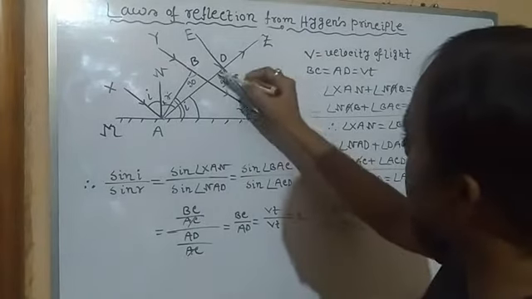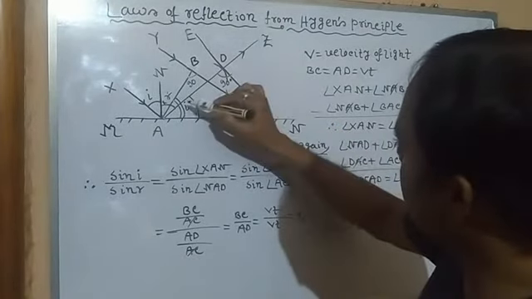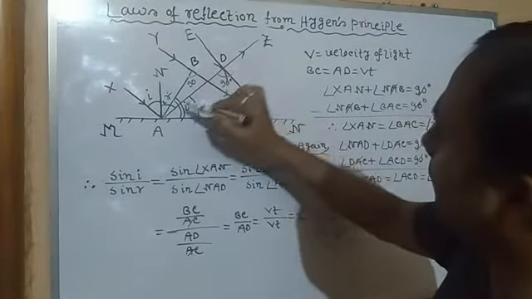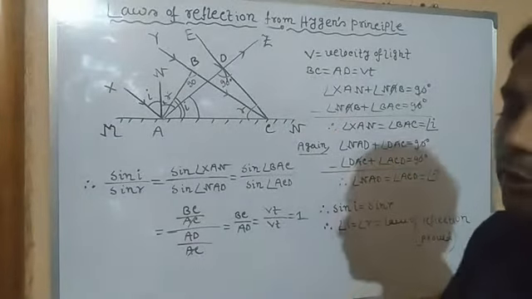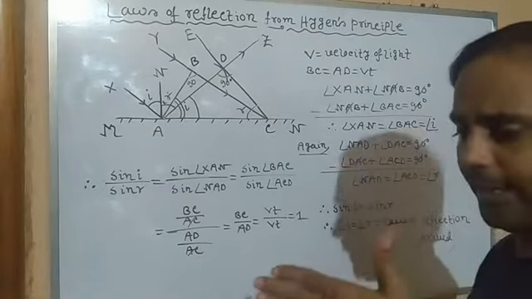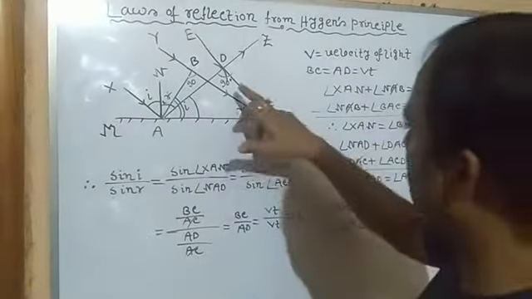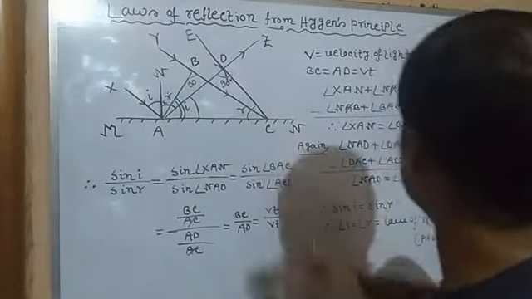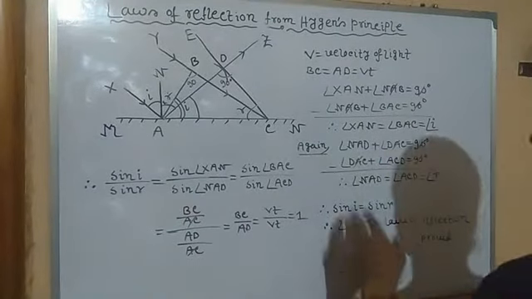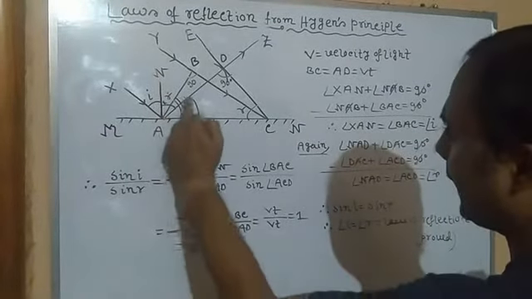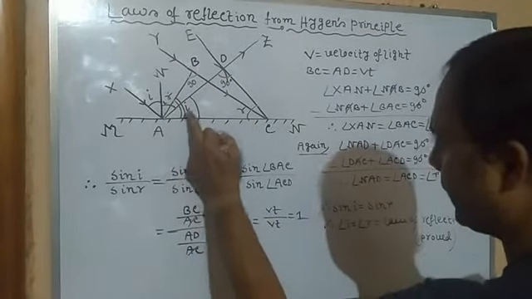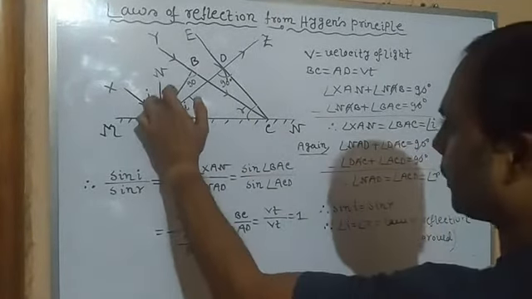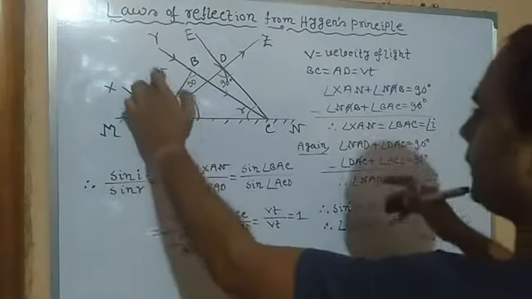Why? Because this is a 90 degree wave front. This is the direction of propagation of light, that is the reflected light, and the wave front. We always know that the wave front and the incident or reflected light, the direction of the light, are always perpendicular. This is 90 degrees. This angle plus this angle is 90 degrees. Clear? So NAD, this angle plus this angle, total angle is 90 degrees. Clear? Previously we got this angle plus this angle equals 90 degrees.